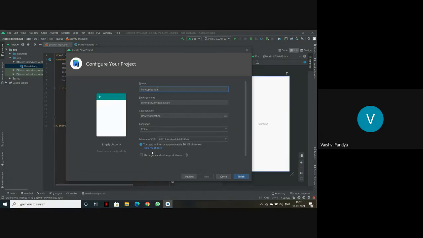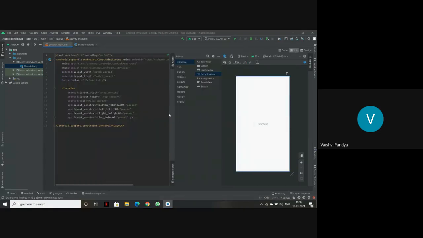As we are learning the Kotlin language here, we'll use Kotlin, and we'll click on this button, use legacy Android support libraries, because we'll have to use the support libraries here, and just click the finish button. So this page will be made. I'm not clicking finish because I already have this page. Now we'll start with the first page. We'll start the designing of this page.